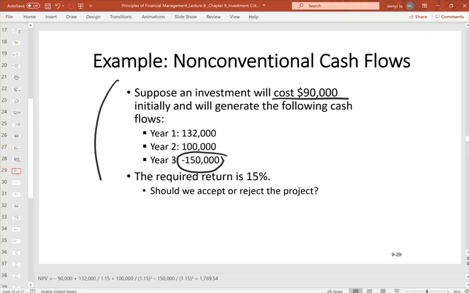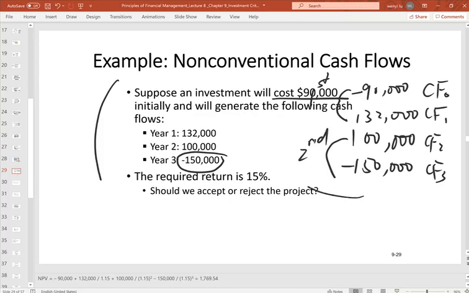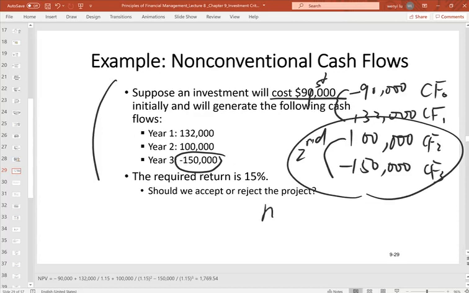This is our outflow, so minus 90,000 is CF0. CF1 is 132,000, CF2 is 100,000, and CF3 is minus 150,000. So you can see the sign changes from negative to positive, that's the first time. The sign changes from positive to negative the second time. So more than once. So this is called a